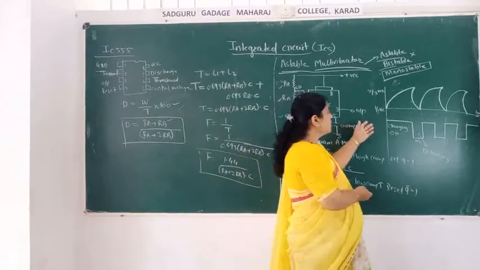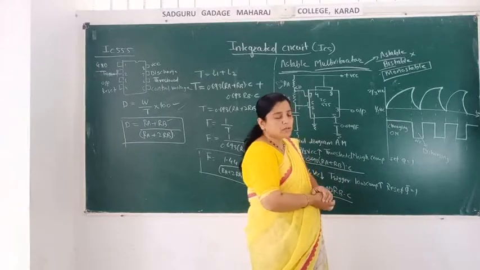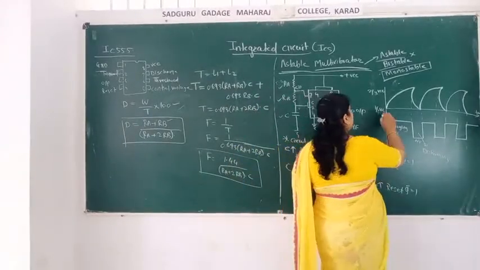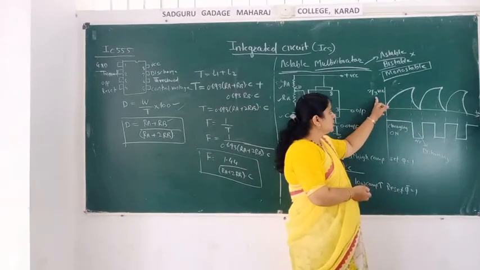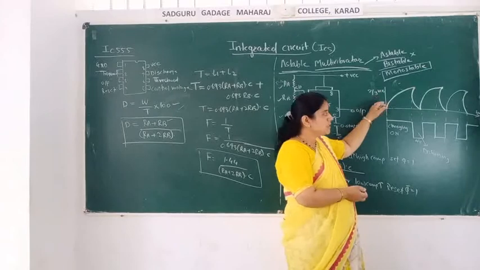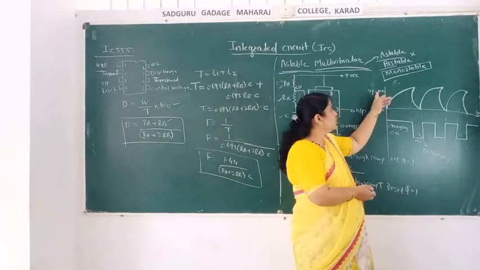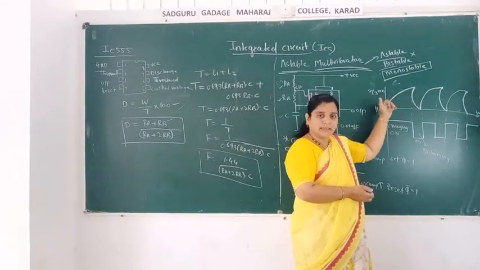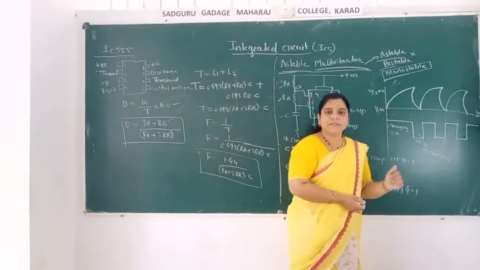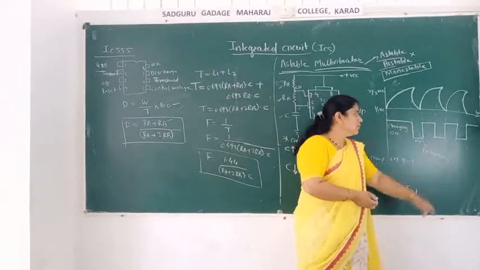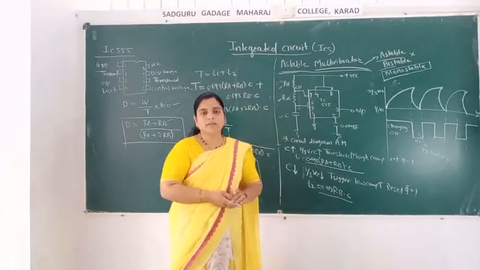There are two states, and this is the waveform. Waveform is very important in any circuit, because with the help of the waveforms you can explain what the working is. If the threshold voltage is above 2/3 of VCC, the capacitor will be discharged, and if the trigger voltage is less than 1/3 of VCC, then it will be charged. Depending on that, the next waveform is charging and discharging of the capacitor. So this is your astable multivibrator.